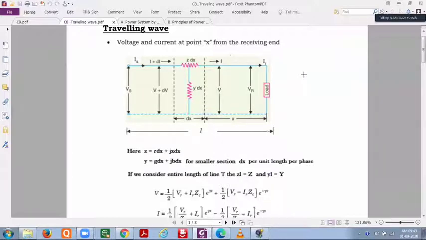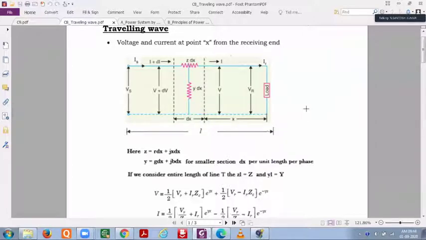The transmission line constants are parameters, are components. That is your R, L, C, G, uniformly distributed throughout the entire length of the line, right? And then we have taken the receiving end voltage as reference. From there we made some analysis, meaning we have determined the voltages and currents at any instant. Once we have considered one instant as x, at that instant we have determined your voltages and currents. By using those equations, we are able to find your sending end voltage and sending end current, right?